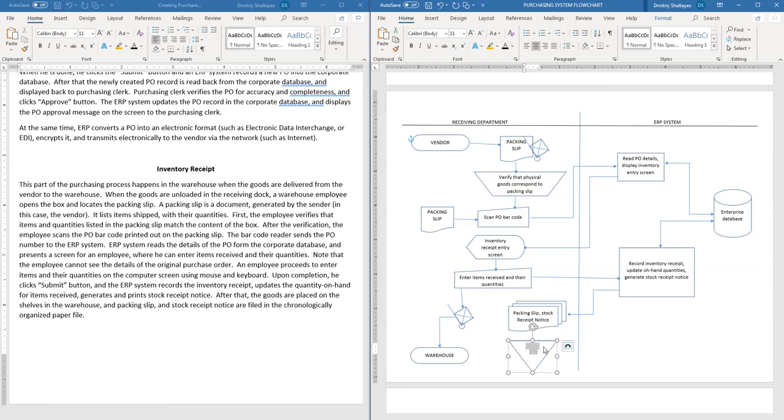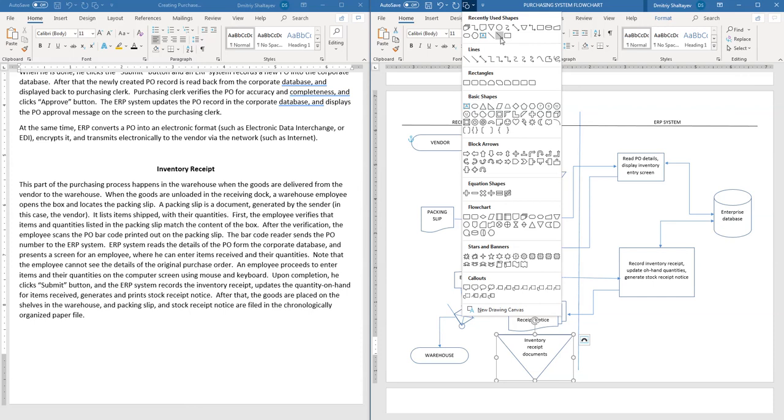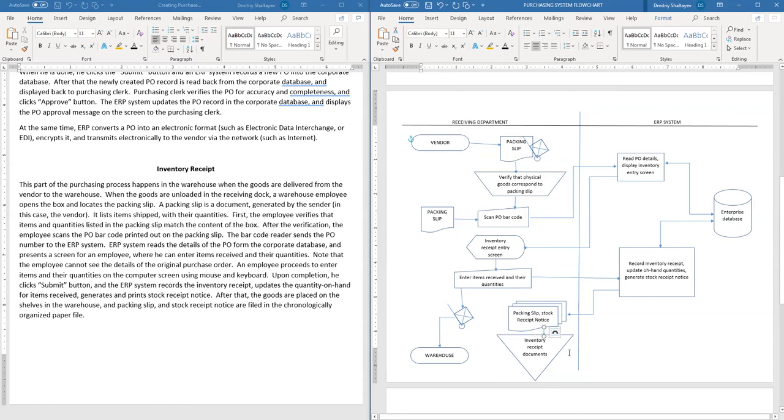Okay, and of course I need to make it look like that. Inventory receipt documents. Alright, so all of my documents go into this folder, and because it's chronologically organized, if you remember, what